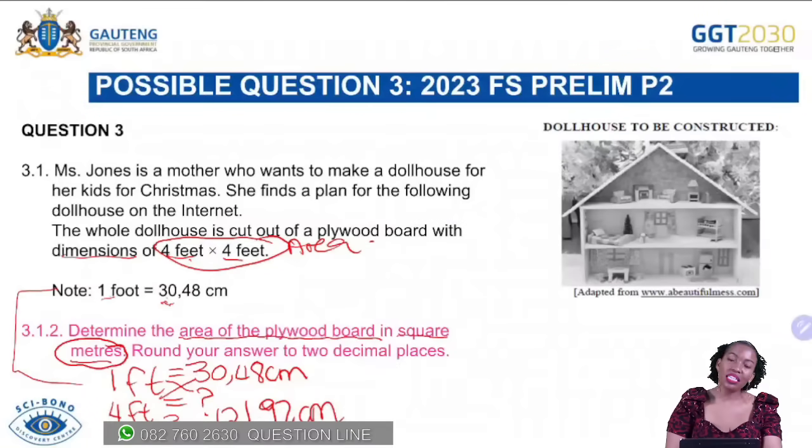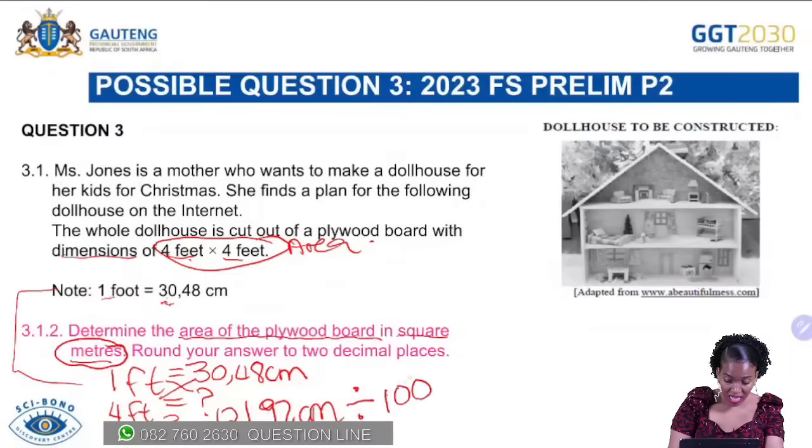So to convert from centimeters to meters, you are converting from a smaller unit to a bigger unit. It is the metric system. You are expected to know that from the heart. So from centimeters to meters, we are dividing. And what is the conversion factor there? It is 100. So 121.92 divided by 100, it is 1.2192 meters. Meaning that the area, now the area of this in meters squared, would be equal to